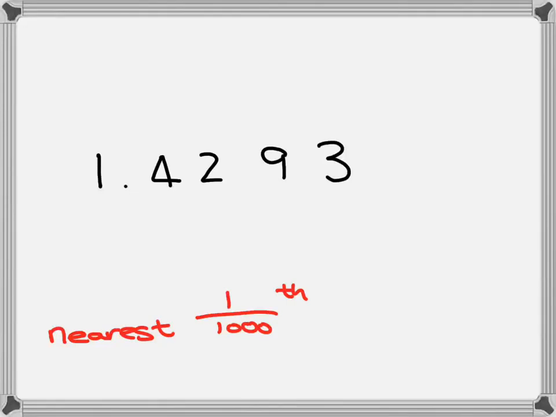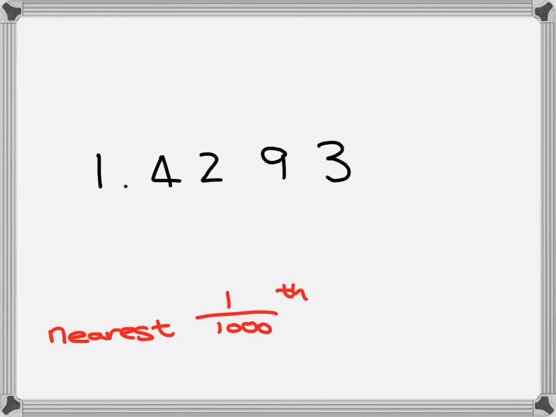Okay, it's just as easy to round decimals as it is to round whole numbers. We are working with the columns to the right of the decimal point, these ones over here. To look at the number that we have to round, we always have to look at one number to the right, just like with whole numbers. So if I have to round this number,